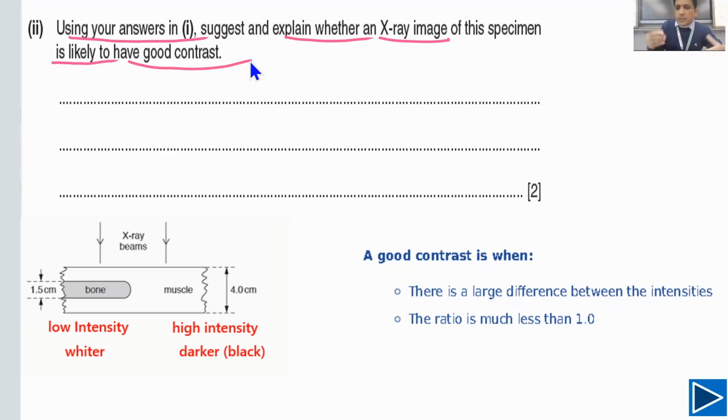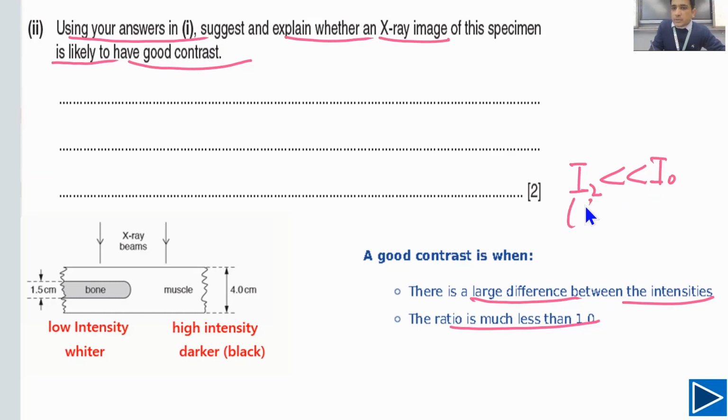For good contrast, we have discussed in our classes, if there is a large difference between the intensities, it means that there is good contrast. If the ratio is much less than 1.0, it also means good contrast. So it simply means that if intensity, for example, in this case I'm talking about I2 and I0, if I2 is much less than I0, there will be good contrast. So this is one way we can say: if I2 is much less than I0, good contrast. And another way to say this, we can also say I0 is much greater than I2,